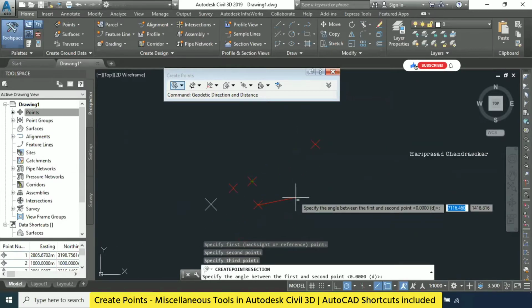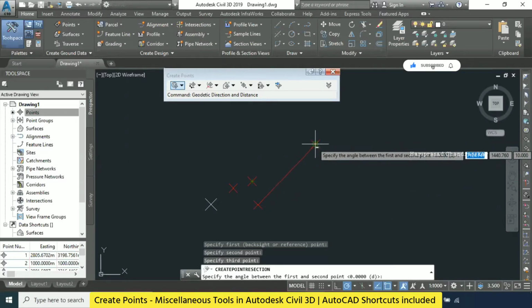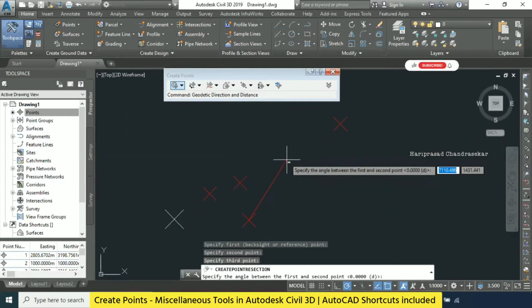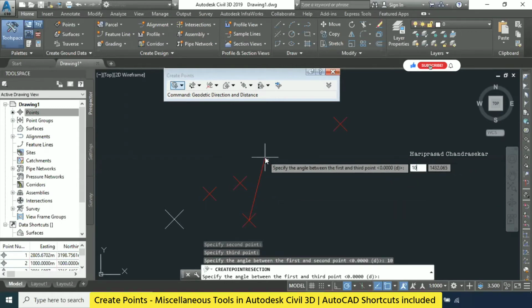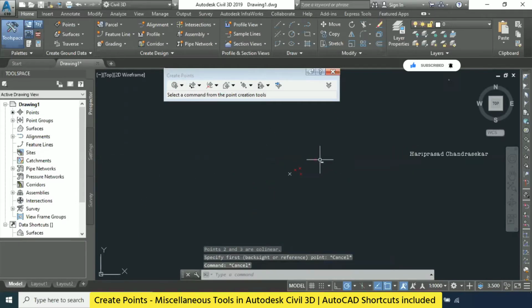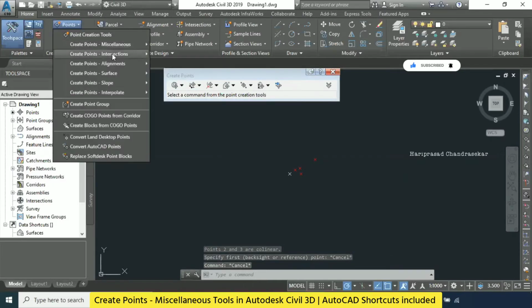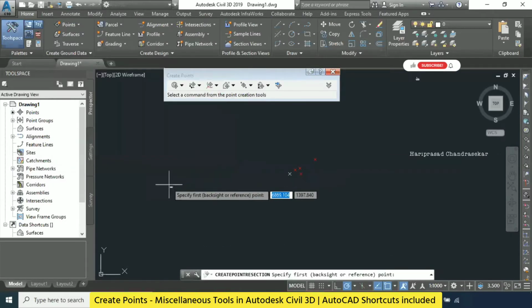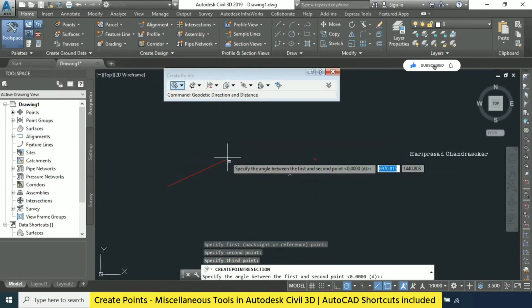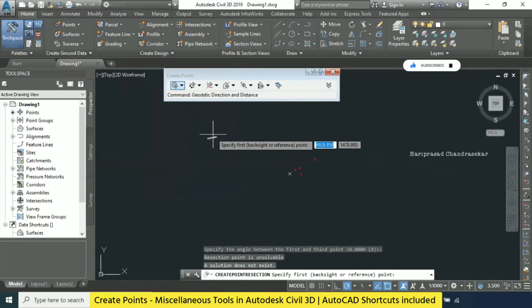Now it is asking for the angle between the first and second point. The first and second point I selected like this. The angle in between, in the sense, we need to provide. If you provide something apart from the available angle, it won't come. For example, I will put 10 degrees for the first and second point, and then for the first and third point again 10 degrees. Okay, so the result is not coming. Accordingly we must have some three points, or we can go for other points. Resectioning: first point, second point, third point, and then for the first and second point I will select some angle, and for the first and third point I will select some angle.